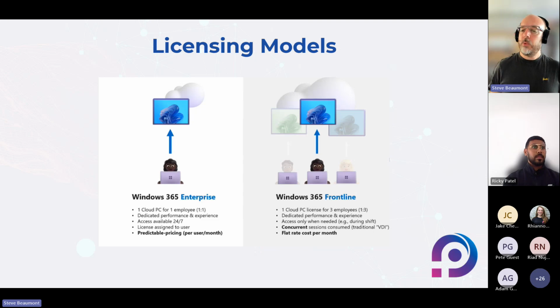The frontline is what I was talking around with those shift-based scenarios. So this is where we can actually assign one Cloud PC frontline license for up to 3 employees. When you have that overlap and they come on, they'll do their work for, I don't know, a 7-hour shift, 12-hour shift, and the next person comes in. That same idea of sharing a physical PC, they're now sharing a physical Cloud PC license where they can log on, they get a little bit of time of overlap, and as long as that other one goes off,